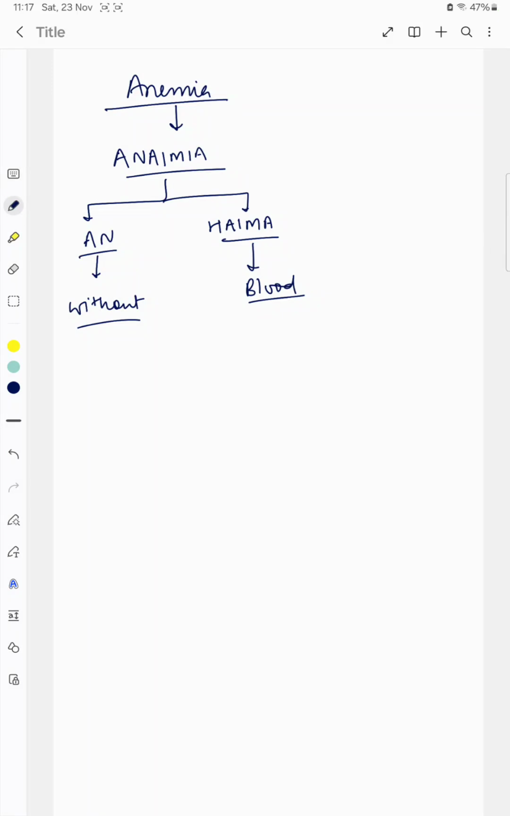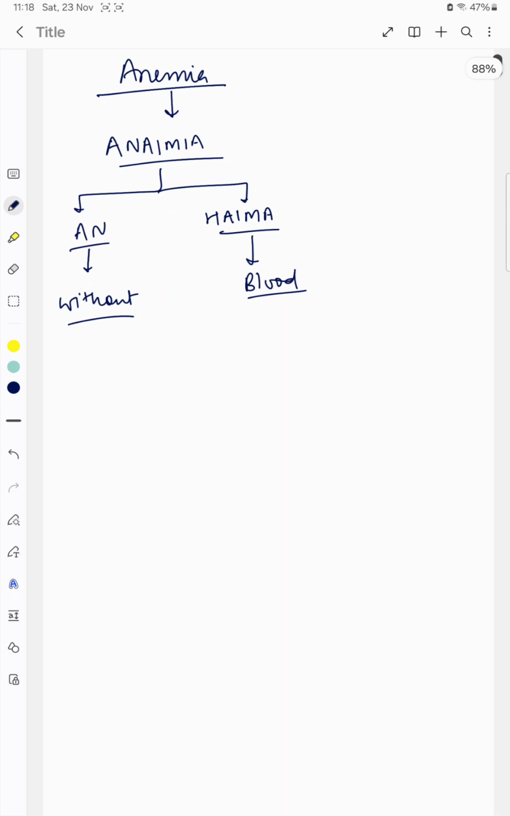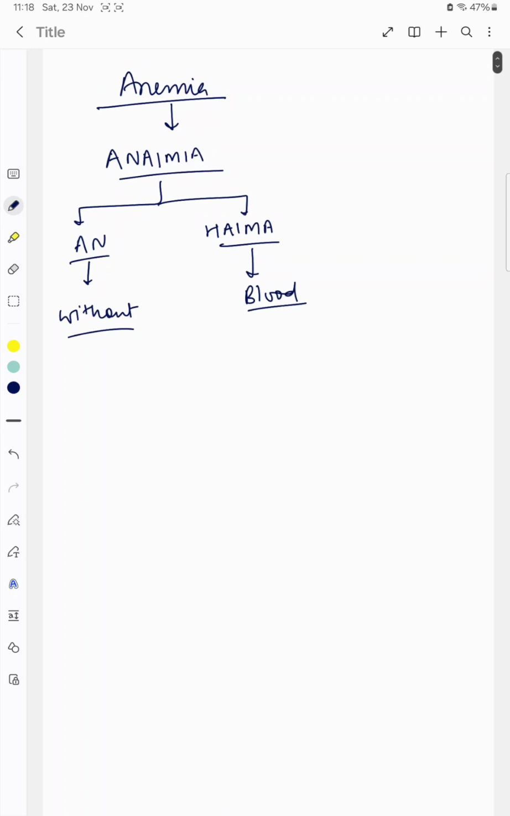Hello everyone. Today we are going to discuss a brief about anemia and its morphological classification, normal concentration of hemoglobin and RBC count for the different age group. So, what is anemia? Anemia is derived from a Greek word